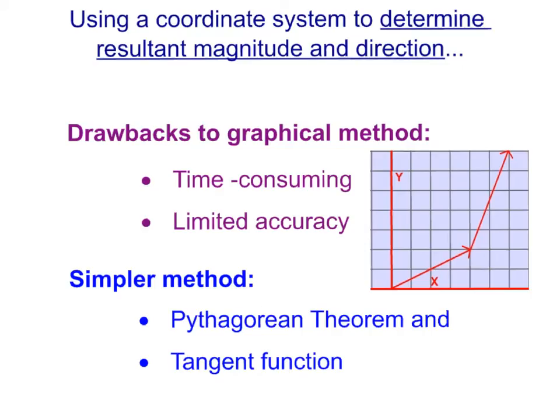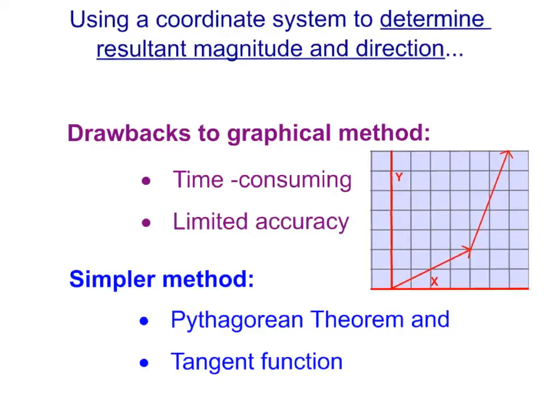So let's look now at how we can use a coordinate system to find our resultant magnitude and direction. We have been using the graphical method. We've been graphing the different vectors and representing them on a graph, literally. Drawbacks, obviously, it's very time-consuming. If you haven't complained yet, I'm surprised. It's also limited in its accuracy. The accuracy is based upon how accurate you are at drawing those vectors and measuring the angles and